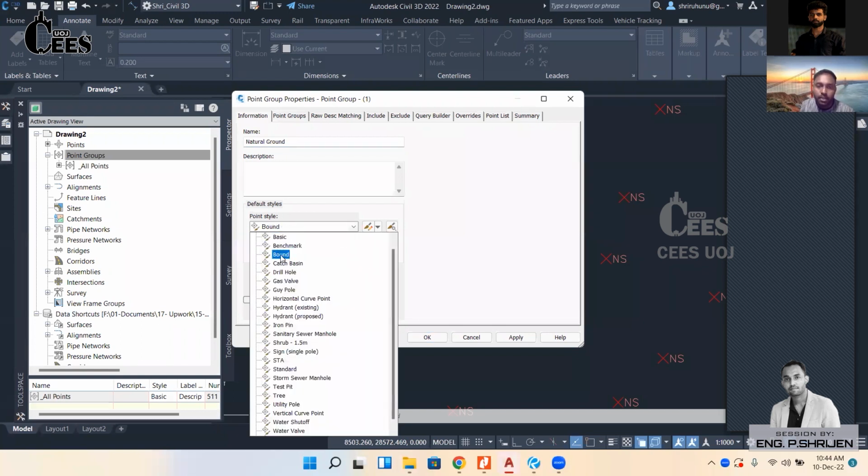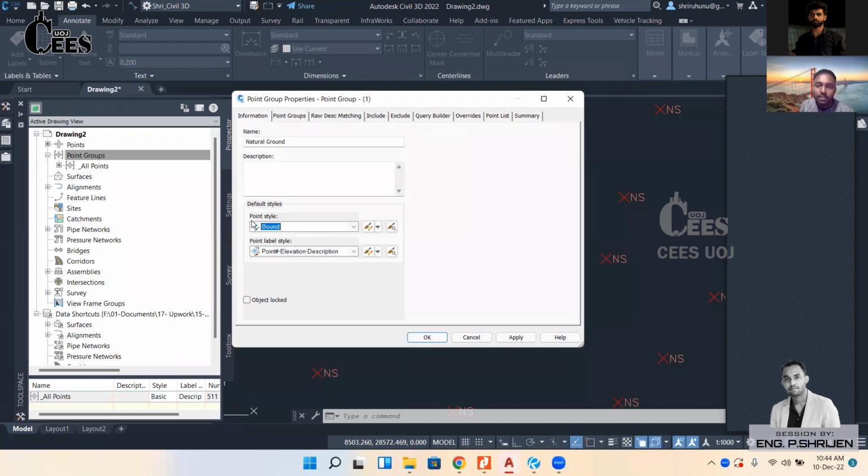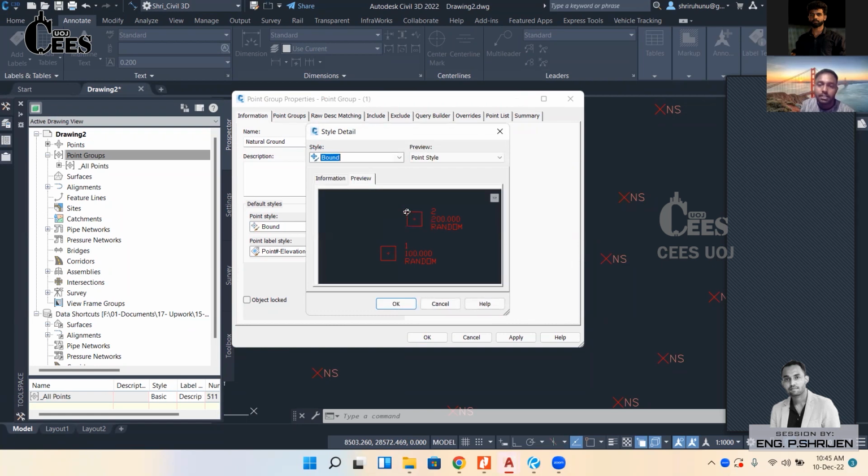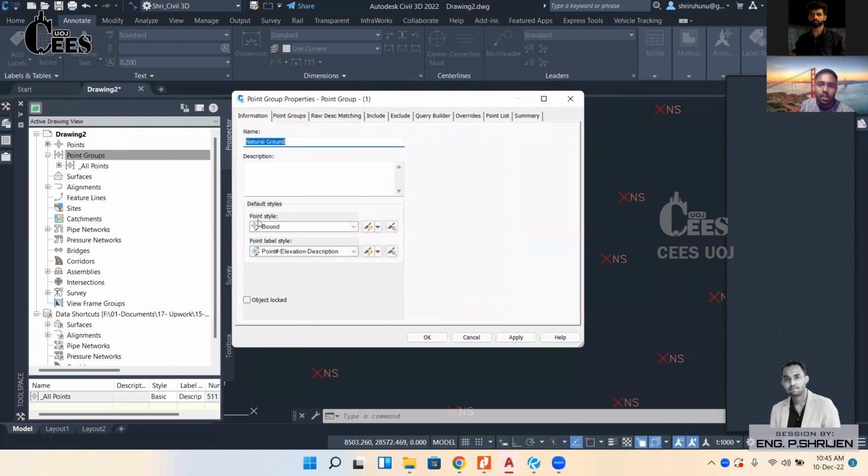So I am just choosing the bound. If you want to check the preview of this point style, just click this button. If you hover over this tool without clicking, you can get a tooltip. So I will go and check this. You can see this point marker is a square with a small circle. If I'm satisfied with this, okay, I will go for this bound point style for the natural ground. And also I go with the elevation and description only. Okay, and press Apply. So now I created the natural ground